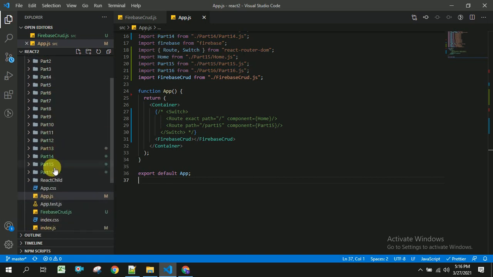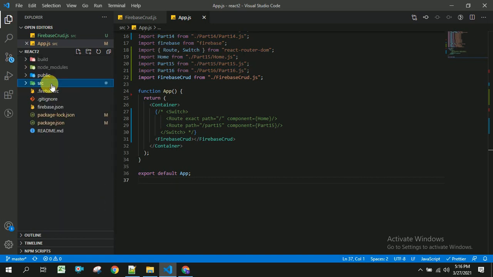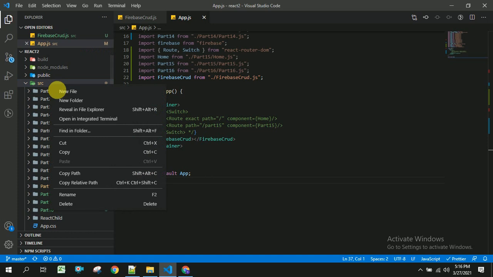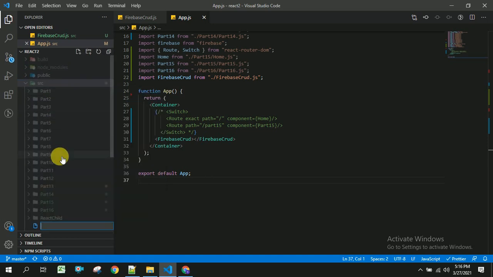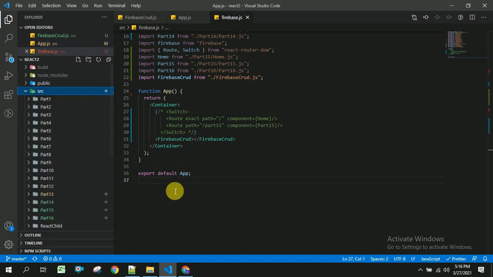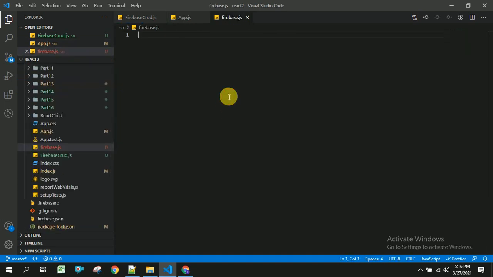I have not created this, so I am going to create a firebase.js file for writing the code related to Firebase. In this firebase.js, we have to import firebase from firebase, and after this we have to provide some config to this.